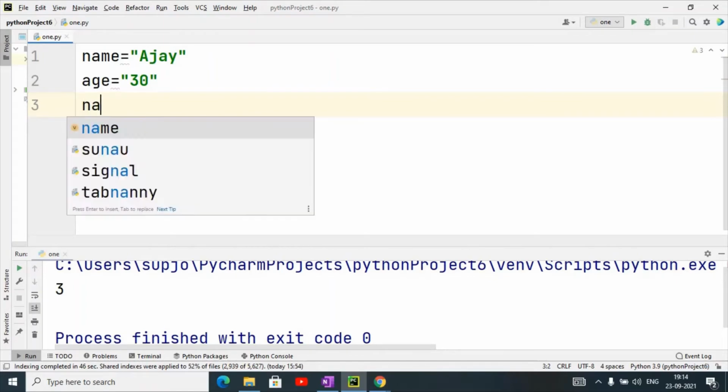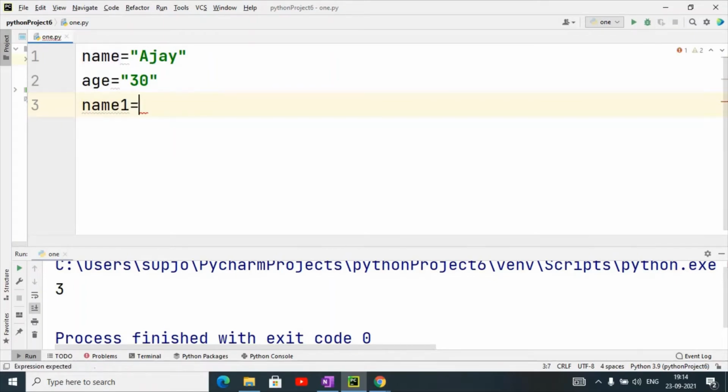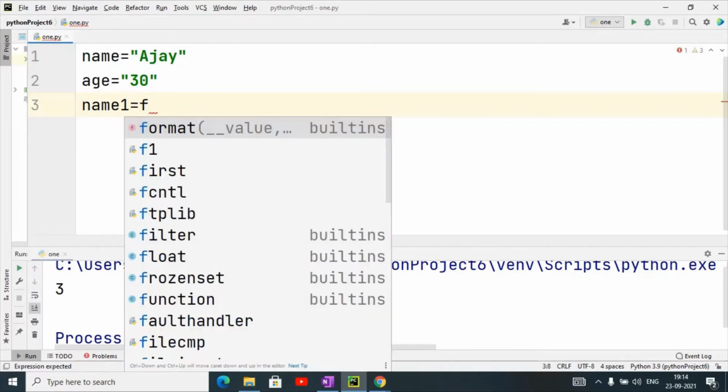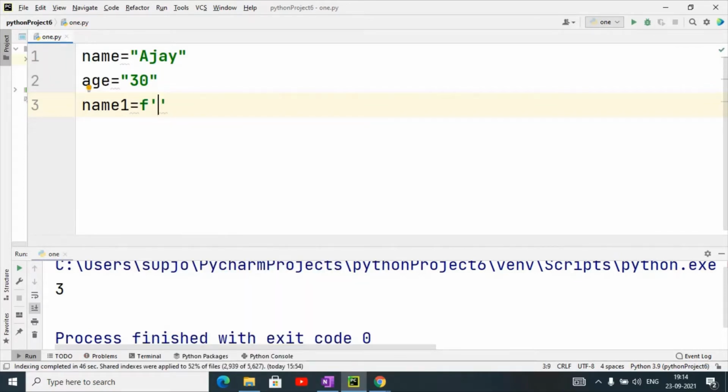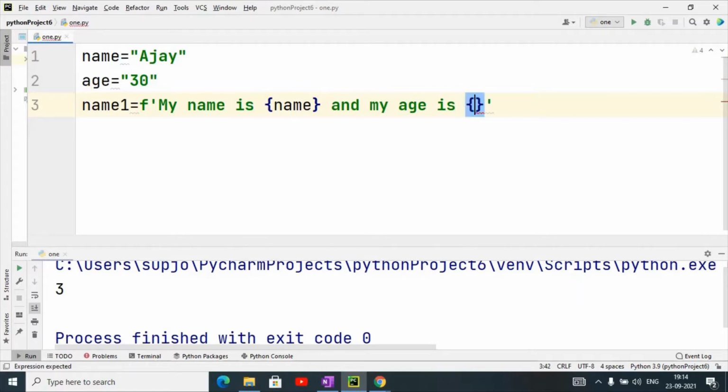Then I have taken name1 equals to f, then I have written my name is, then I use curly braces. In curly braces I have given name, and my age is, then I use curly braces and I have given here age.